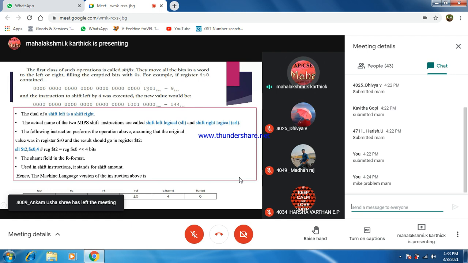So if you are going to move this 1001 to the left by 4 bits, the vacated bits become 0. That's the point they are trying to tell. So fill the emptied bits with 0. For example, very simple. You have taken a register, whose name is $s0. When mentioned with a dollar symbol, that is a register, as you all know. It consists of this many bits. How many bits are represented here? 32 bits. Okay, 4 split ups.